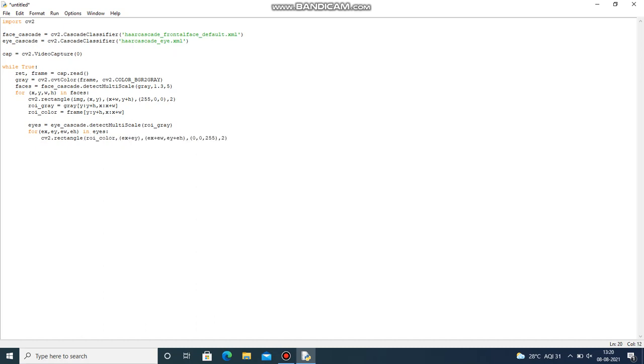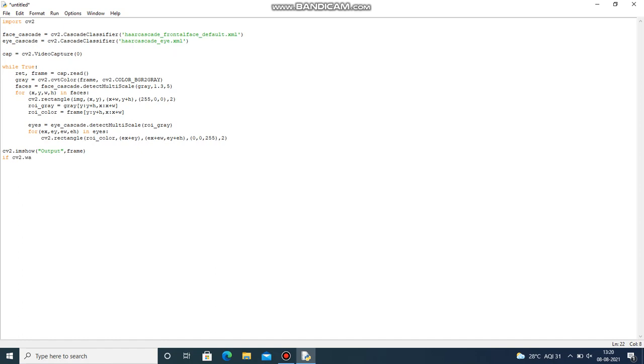Now let's give cv2.imshow of the output, the frame. Now let's give the waitKey. If you press something or the escape key, what will happen?